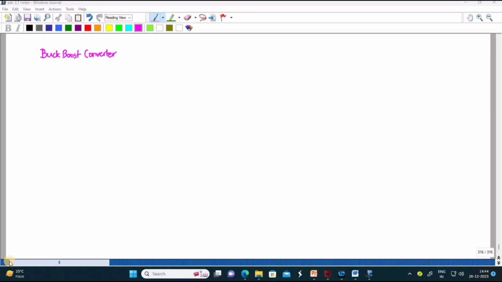In this video, we are going to discuss the buck boost converter. A buck boost converter is a type of DC to DC converter. It has an output voltage magnitude that is either greater than or less than the input voltage magnitude. For example,